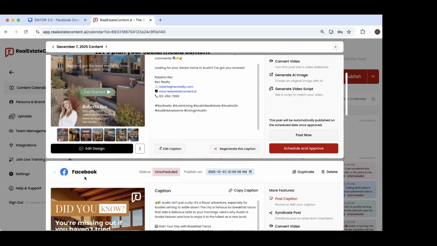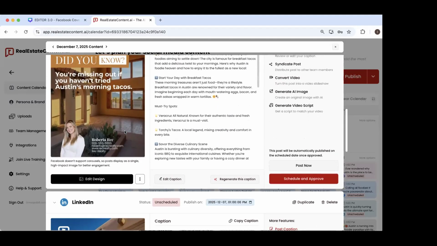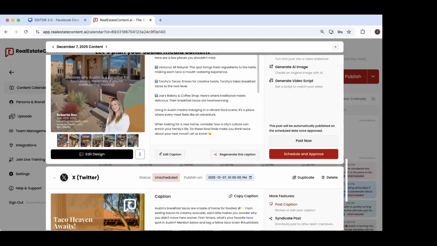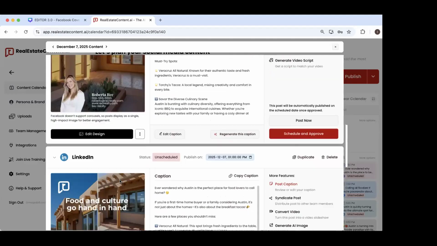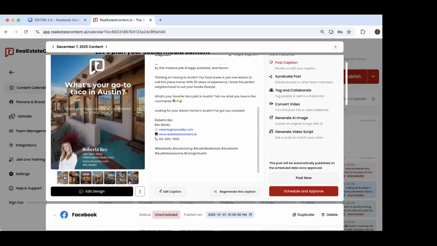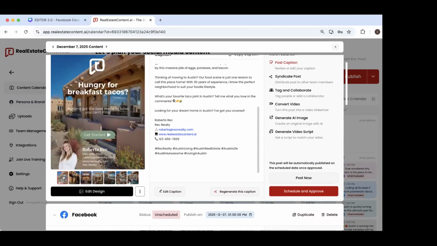So you're going to see some that have it on every single one. You're going to see some that have it on just the first and the last. So for an example here, we have it on every single one of them. But this one up here, we had it on the first and the last. So you're just going to see a ton of variety. And it's entirely up to you whether or not you even want your headshot and your logo to show up